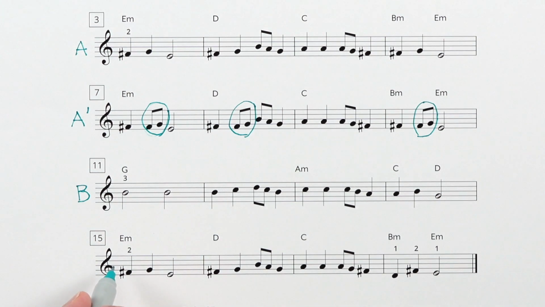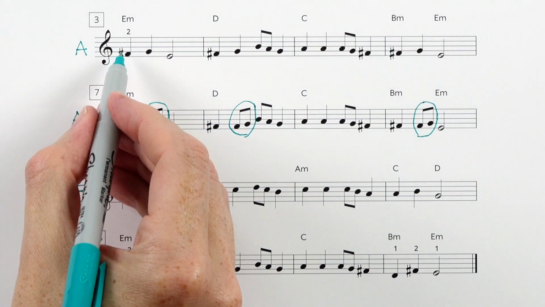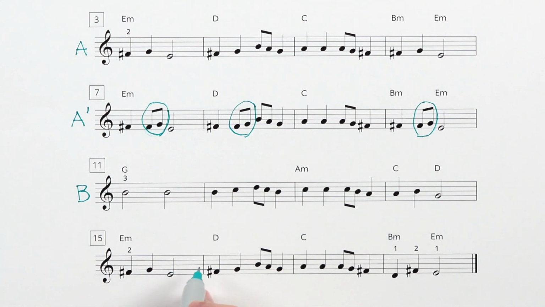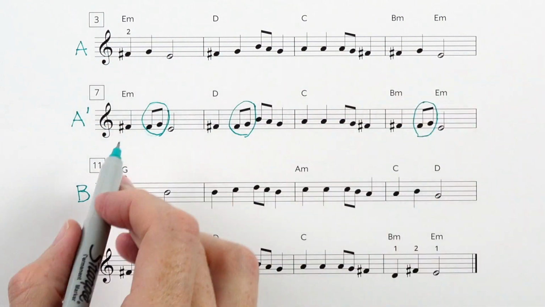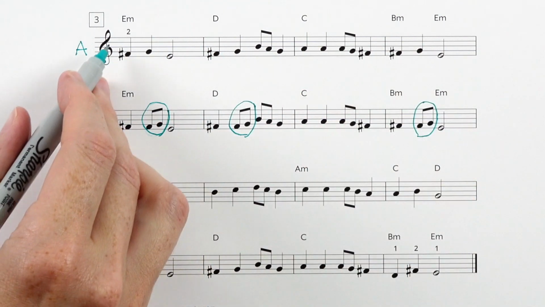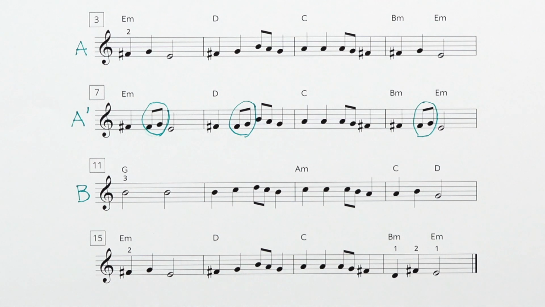Now we're ready for line 4 here in measure 15. Tell me what you notice. Is this line an A or a B? It starts off the same as our A, but remember in music it's important to check every note. Can you find if there's anything different from this A or this A prime, or if there's any change? If you find something different, point to it.